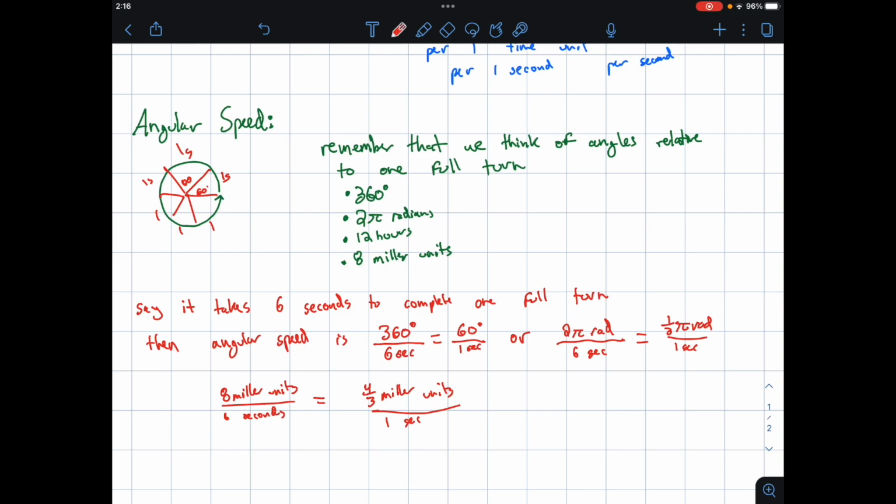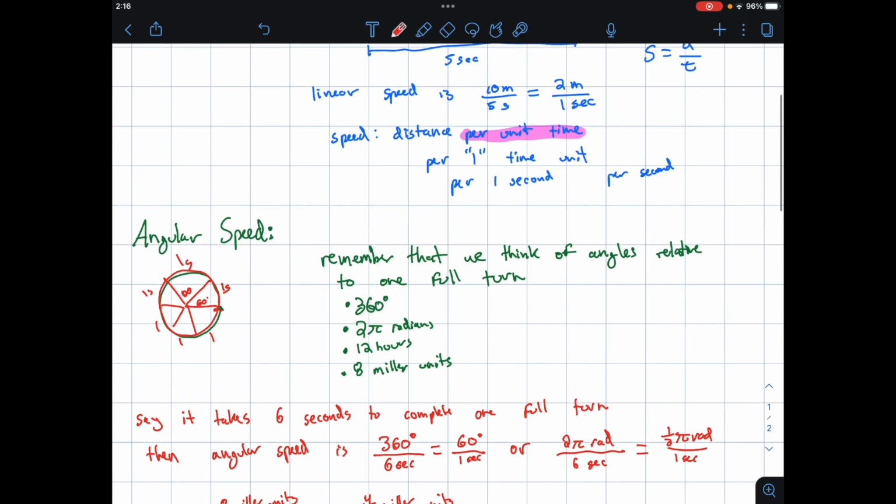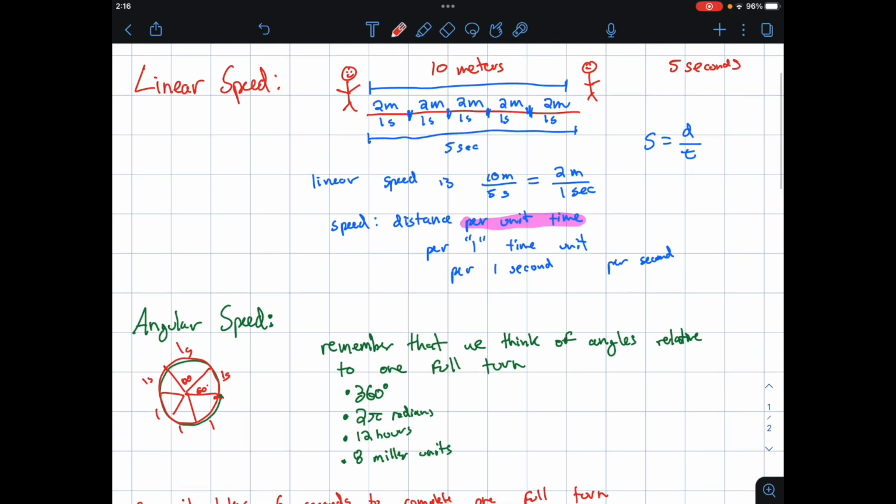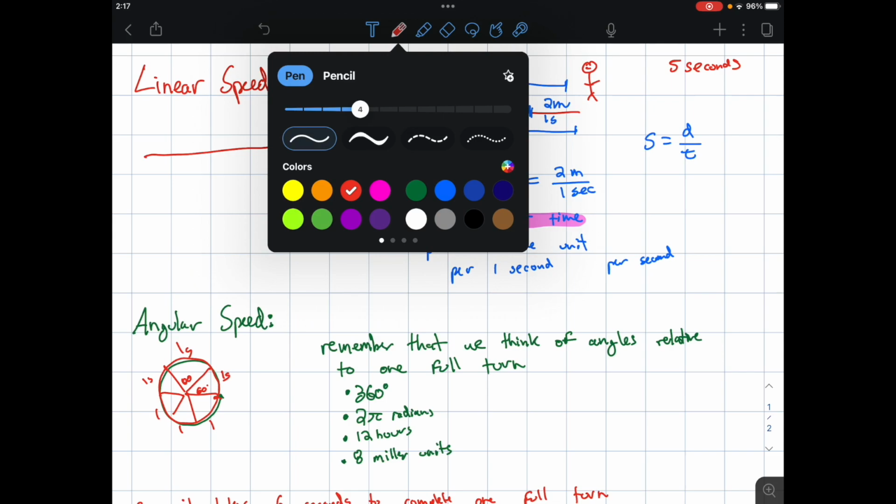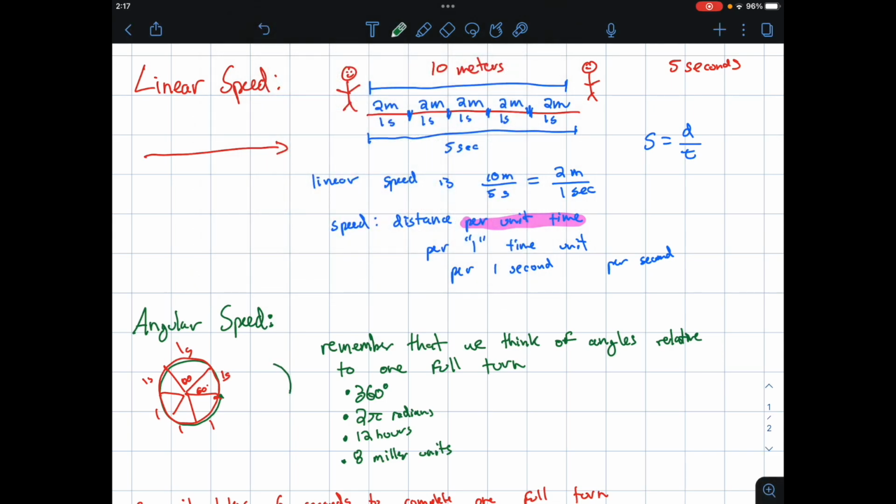So that's all good and well. That's what an angular speed is describing. It's saying, what is our rotation amount, or how fast is our angle sweeping through rotation per unit time? So it's very similar to linear speed in the sense that you're interested in some distance per time. Linear speed, though, we are moving in a straight line, whereas angular speed, we are describing a turn, a rotation